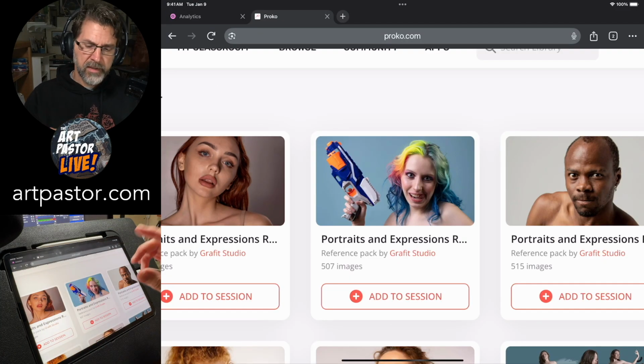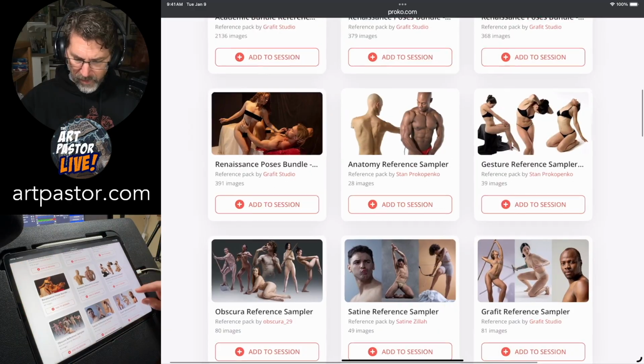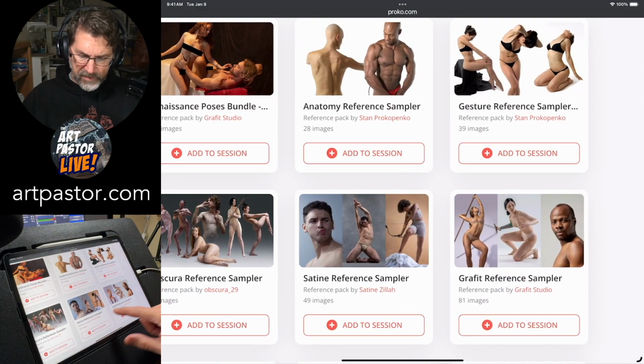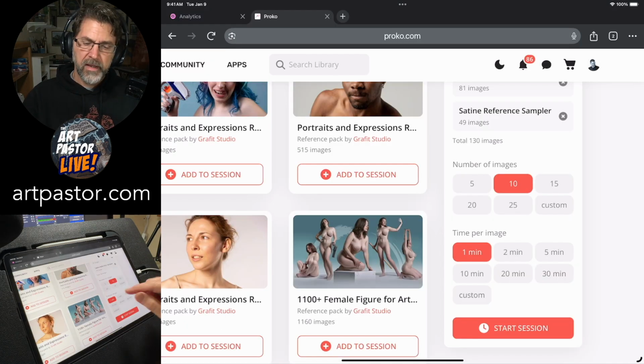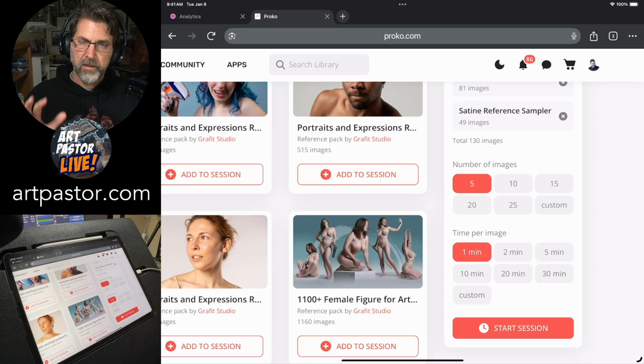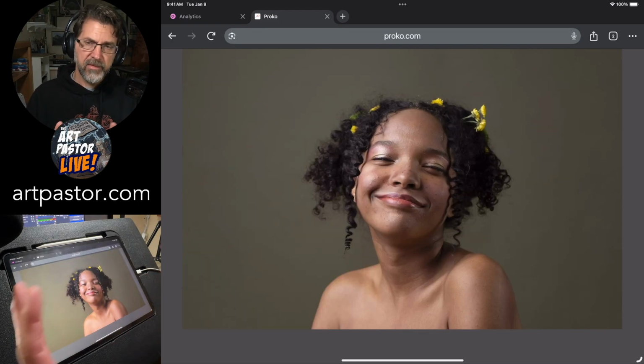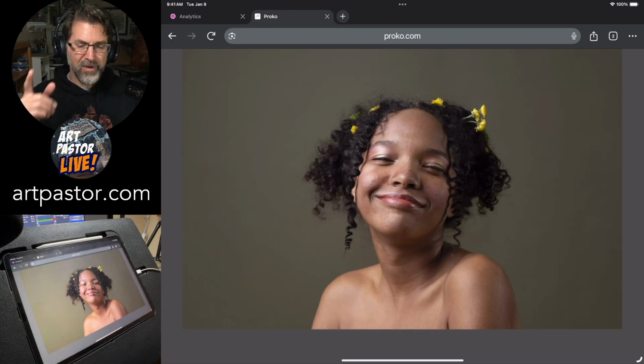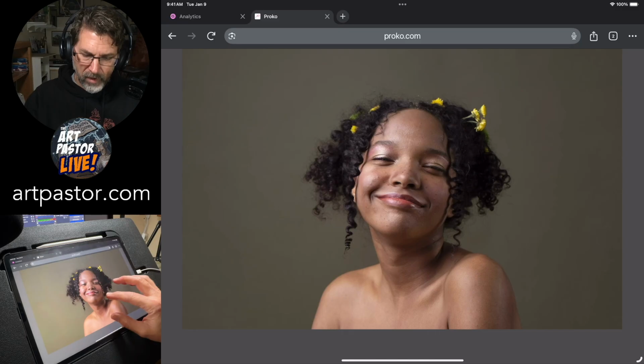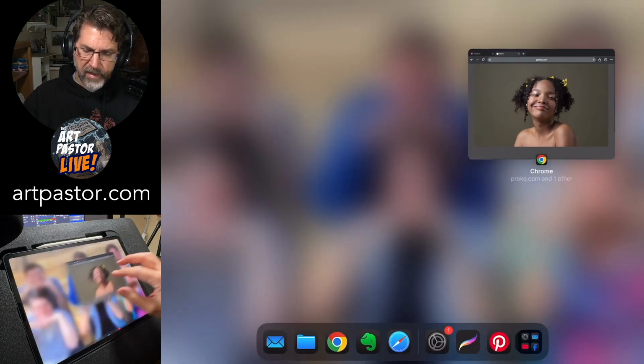Here's how it works. I'm going to use the Graphit reference sampler and the Satine reference sampler. And what you do is you add to your session. And so we're going to start off with 5 1-minute drawings. So if you hit start session, and here it is, and you're like, okay, that's cool, but what are we going to draw on? Well, I'm glad you asked, because we're going to put this to the side,